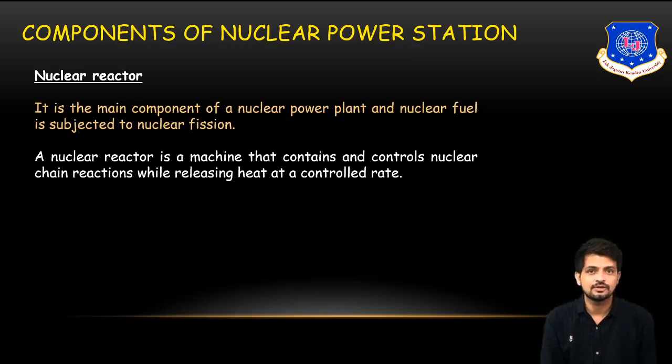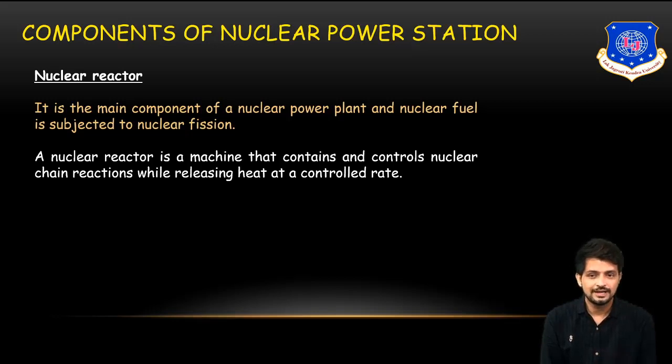And what is the reason for that? Because if the heat energy inside the nuclear reactor, inside the nuclear vessel, increases, then what will happen? There are chances of explosion. So we have to control the chain reaction process. The neutrons that are released in the nuclear fission are to be controlled.